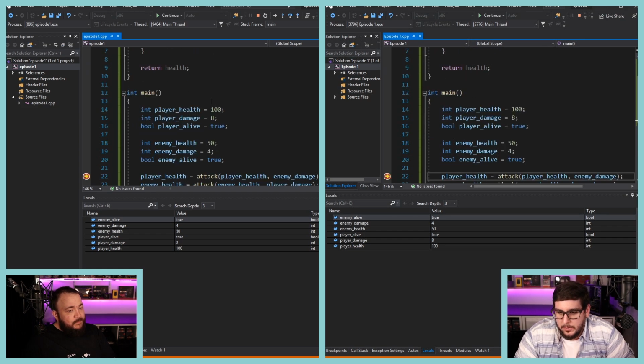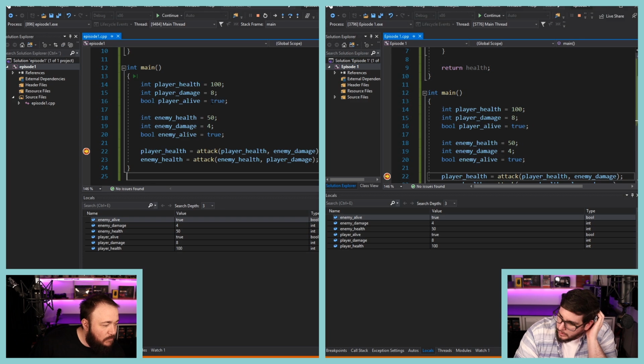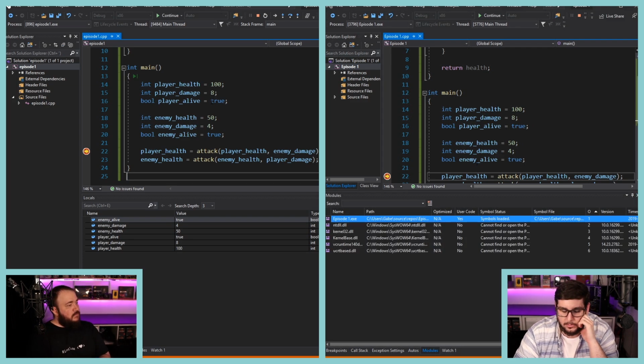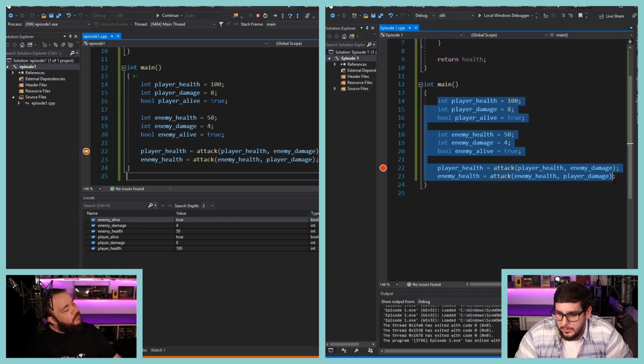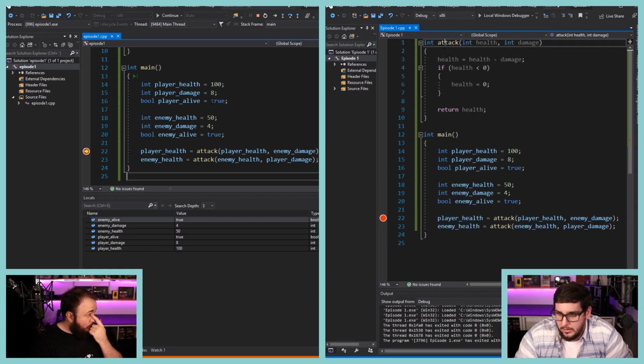So it's again starting with main. It's starting by reading main. Oh my god, close. How do I go back? Okay. So starting by reading main, that's where it got all this information. But the moment it reads player health, what is telling it that it needs to go up here then?